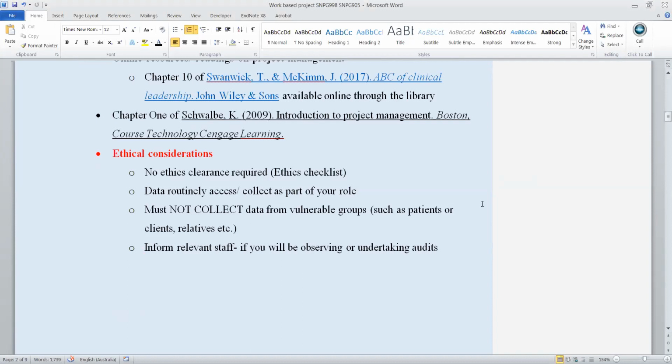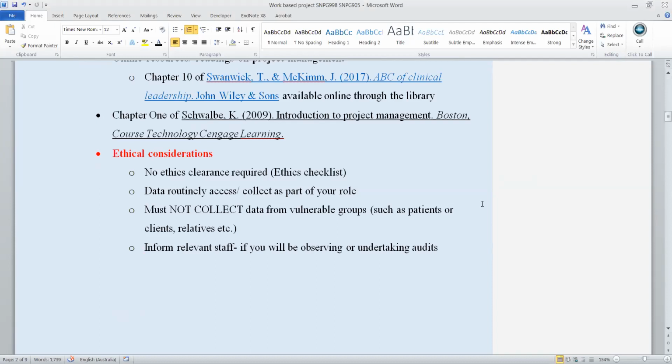You can do some observations. You can do some audits where you don't collect any identifying data, but you need to ensure that the staff are aware that you're undertaking a project. You might not give them specific information of the aims of your project, but you could just say, I'm doing a quality improvement project, I'll just be observing your practices, when you know in fact that you're targeting maybe hand washing,